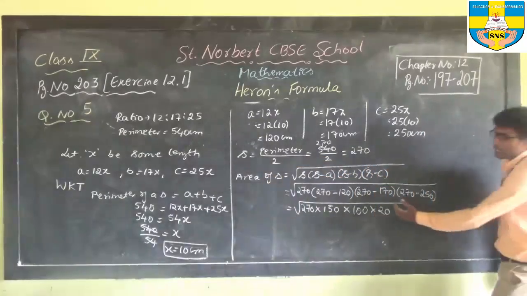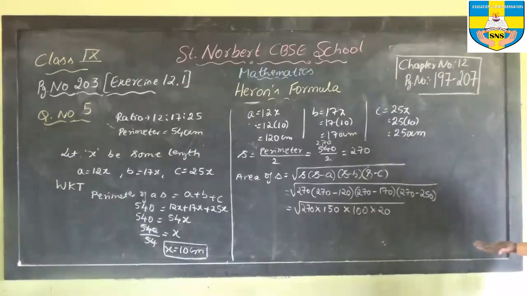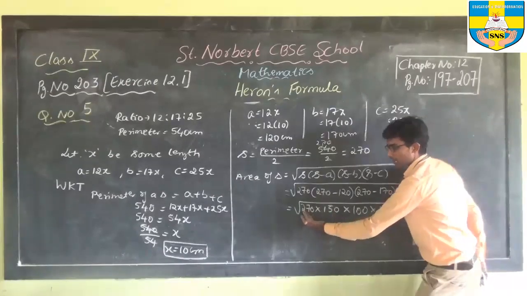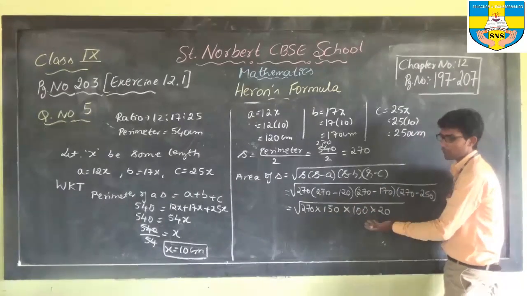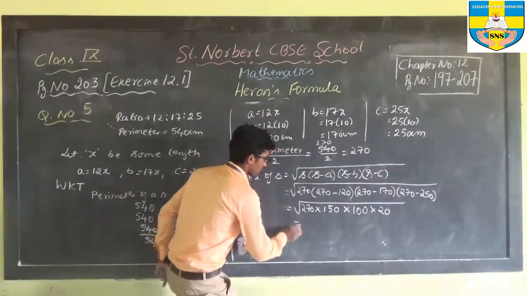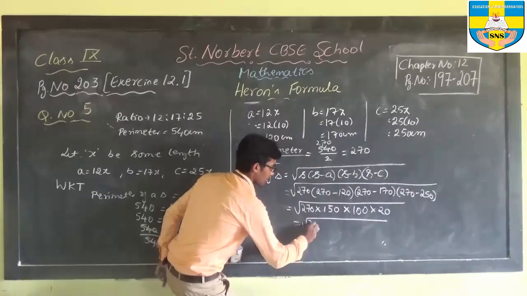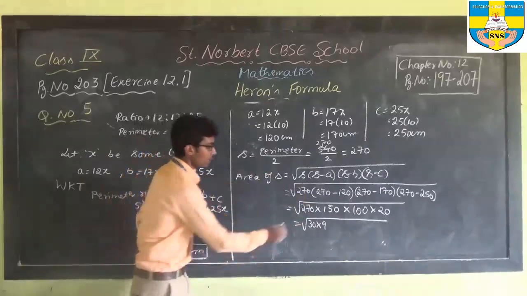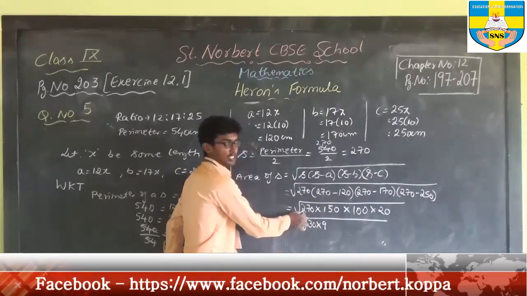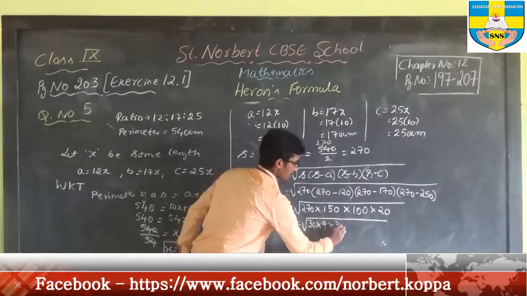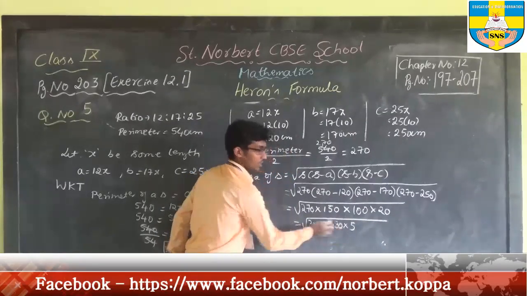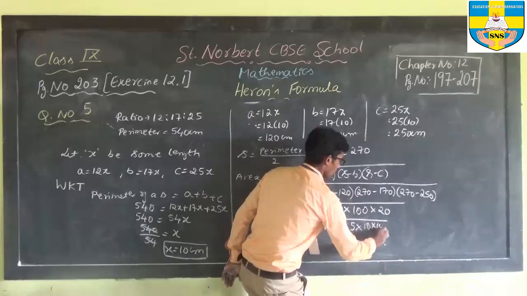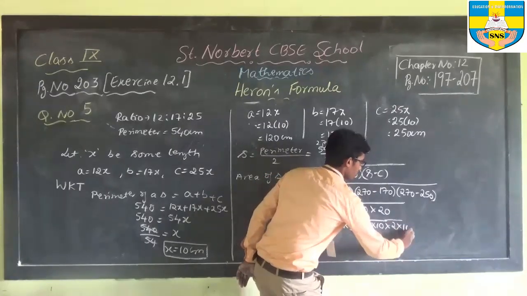Now you need to write factors inside the square root. There are many different ways. You can go for 27 into 10, 15 into 10, 10 into 10, or even you can try with 30 into 9, 30 into 5. There are many different ways. I will try to solve this problem by choosing 3 nines. Even if you find it difficult, you can go for 27 tens. 3 nines are 27, and 3 fives should be 150. Then this is 10 into 10, and this will be 2 into 10.